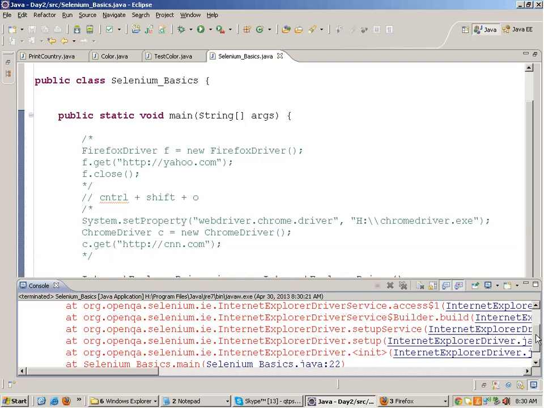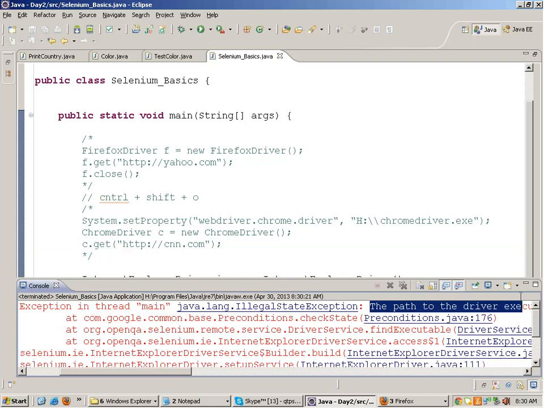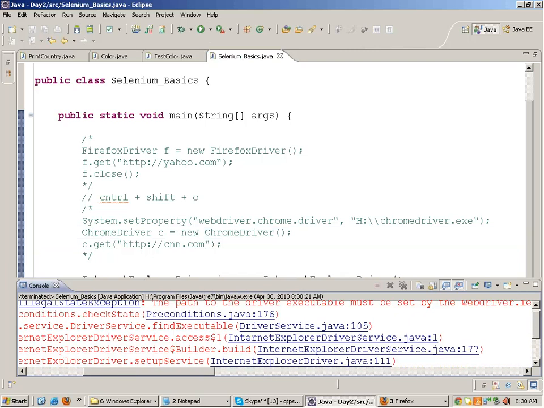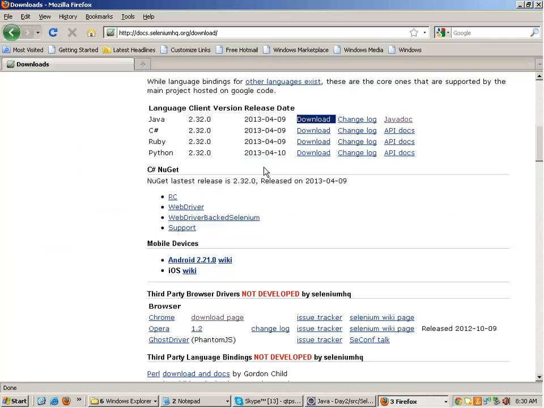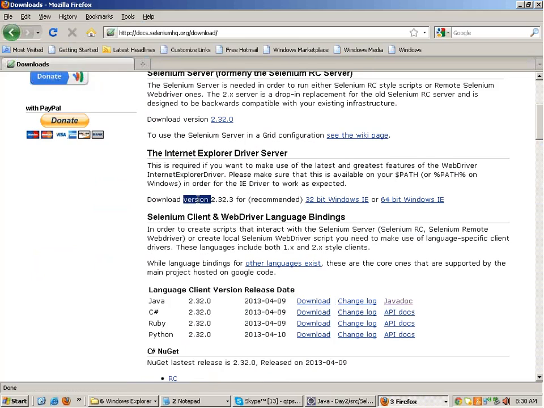you will get an error again. Out here also there is a driver executable. Remember in case of IE as well, you need to download this one, Internet Explorer driver server. Download the version 2.32.3 for 32-bit or 64-bit, whatever it is the case, depending on your operating system. Depending on your IE, if it is a 32-bit IE or if it is 64-bit IE, right? So download this exe,